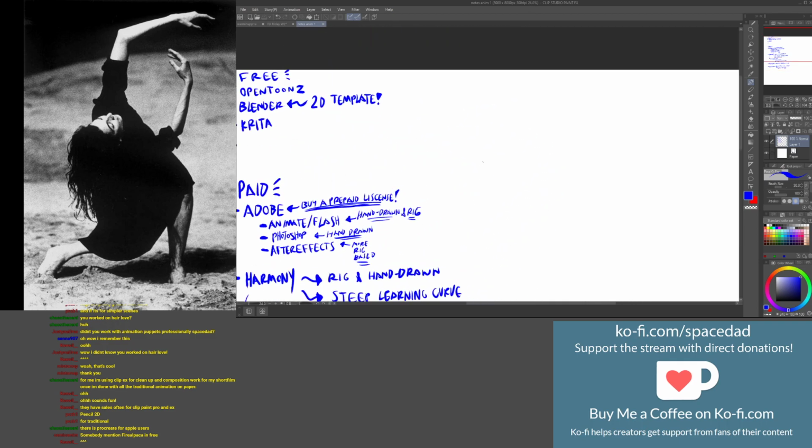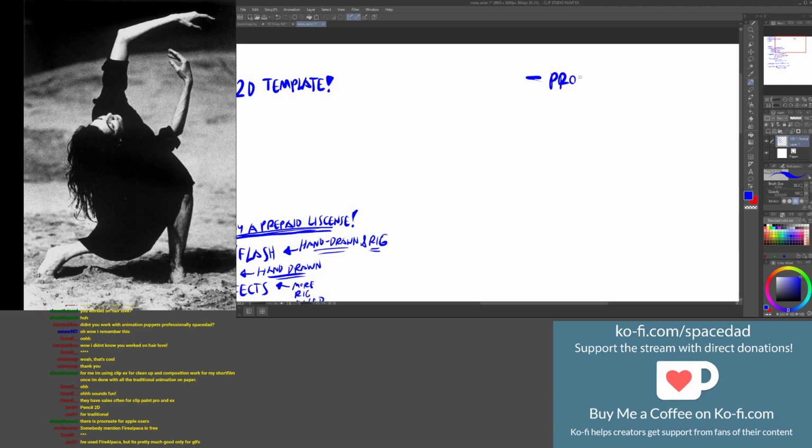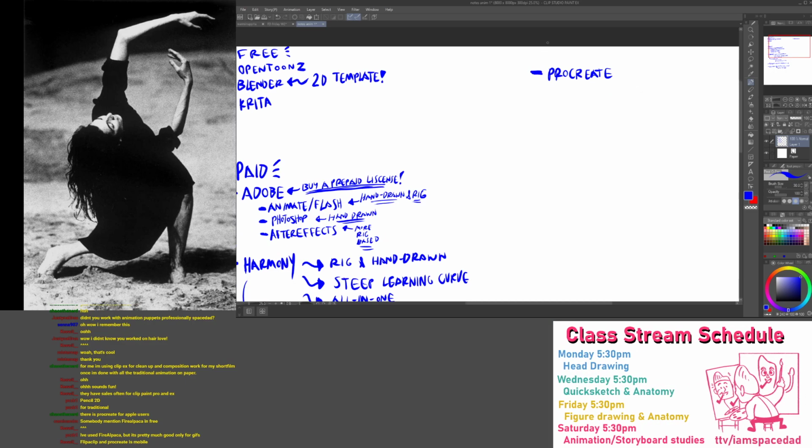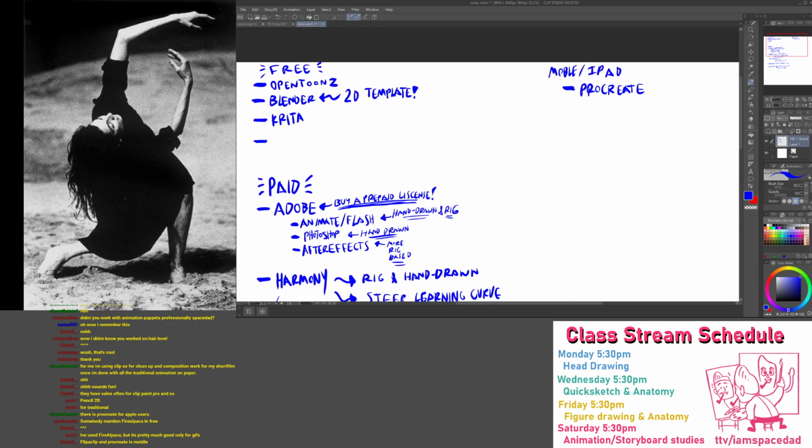Let's see, for iPad stuff, there's two main ones that I know of so far, which is of course Procreate, which has very limited animation tools, but you can do a surprising amount with them. I've seen some pretty elaborate stuff people have made with it, but it's not my number one choice because the way that it works is not really that conducive to animation. The two main ones I recommend are Procreate and